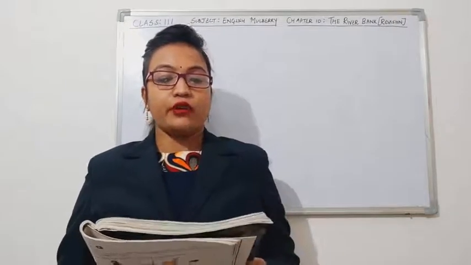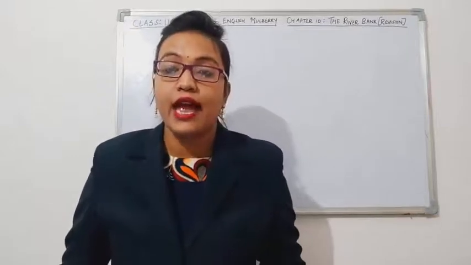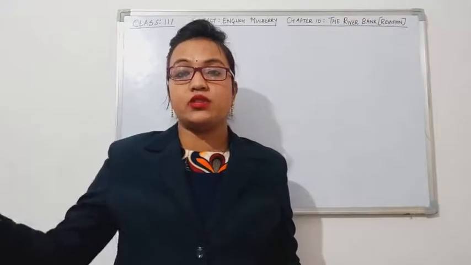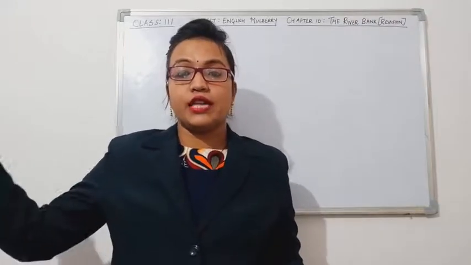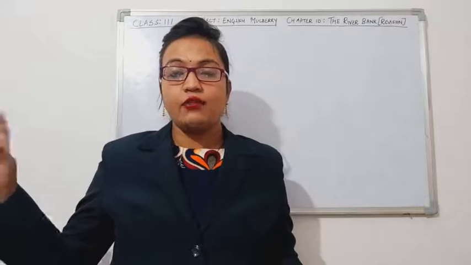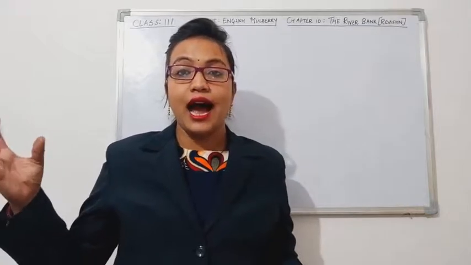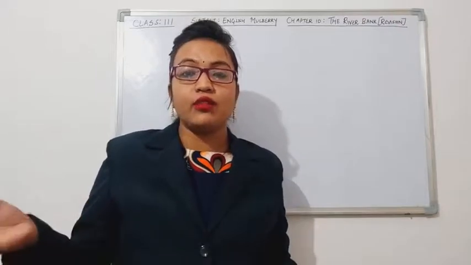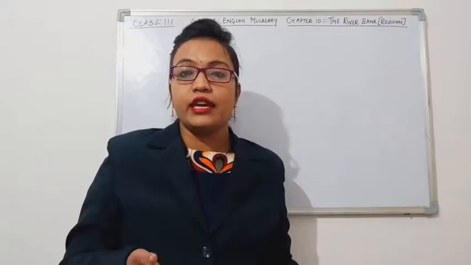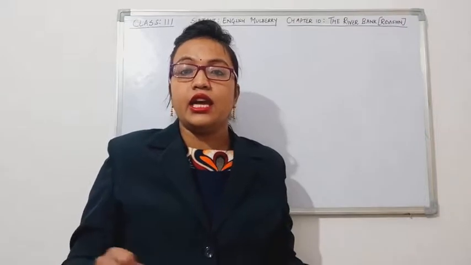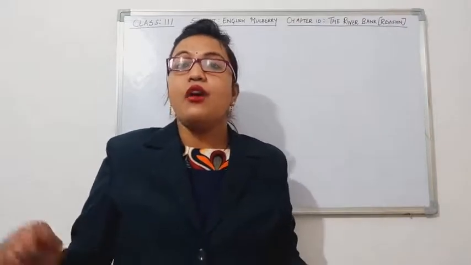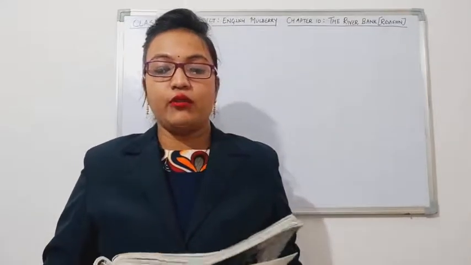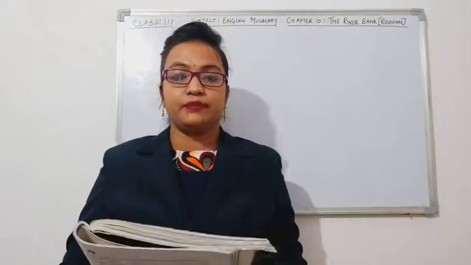Question number 6. How did the mole know that the twinkle was an eye? Something was shining inside the dark hole just above the water's edge on the opposite side of the river. And what was that? It was an eye. Now, when did the mole know that it was an eye? When did he understand that it is an eye? He understood that it is an eye when it winked at him. So the answer is, the mole knew that the twinkle was an eye when it winked at him.